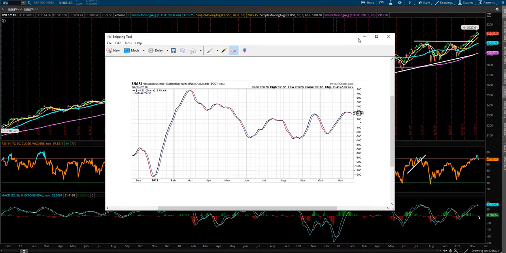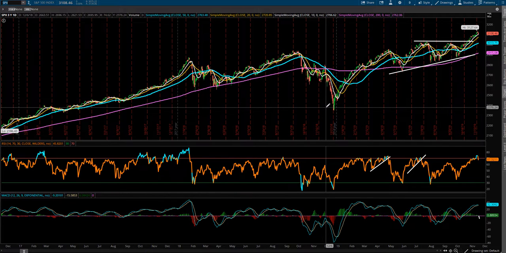Last thing to talk about, next week is a holiday shortened trading week, Thanksgiving. We rarely in this country see large market corrections going into holiday shortened trading weeks. Most of the major players subsequently take off more time around those holidays, and we see a lower amount of volume and volatility kind of dry up. That doesn't mean it can't happen, but typically speaking, when we look at holiday shortened trading weeks, we don't have to necessarily worry about large market corrections.